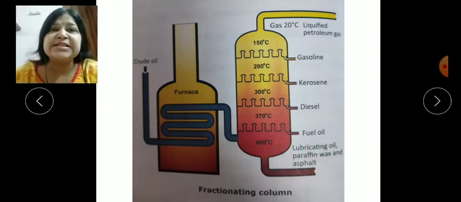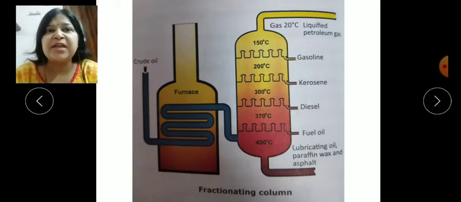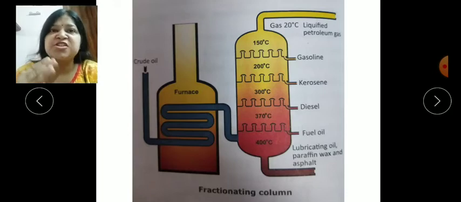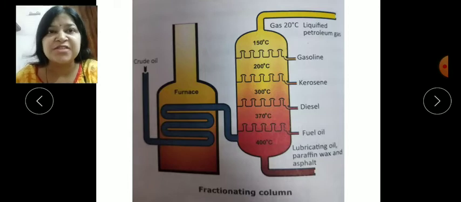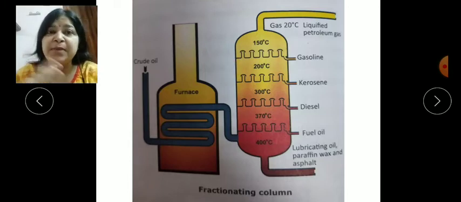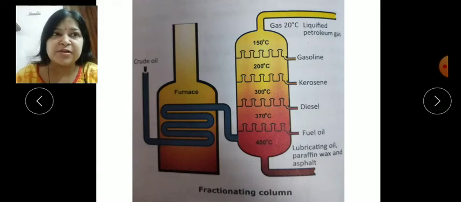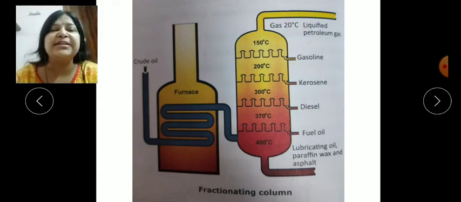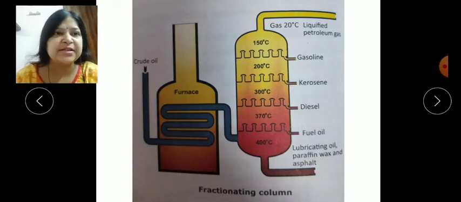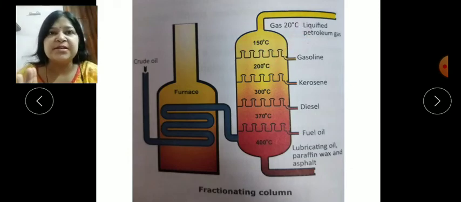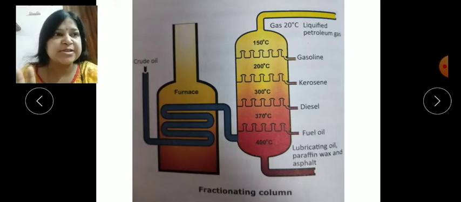As you have learned in maths, fractions mean parts. So here also we are separating parts from one mixture, separating different components based on their different boiling points. Remember, the lower one we get first, then the higher one. These are only a few principles, and remember the lowest one we get first, then you will understand the simple distillation method and fractional distillation method.